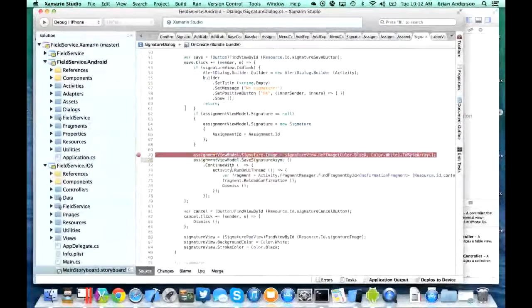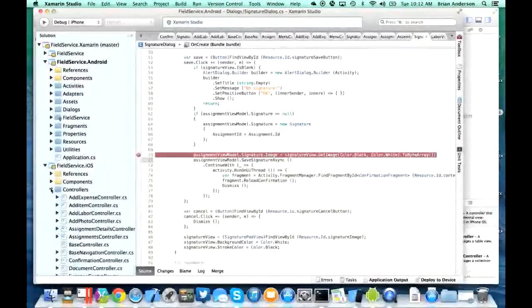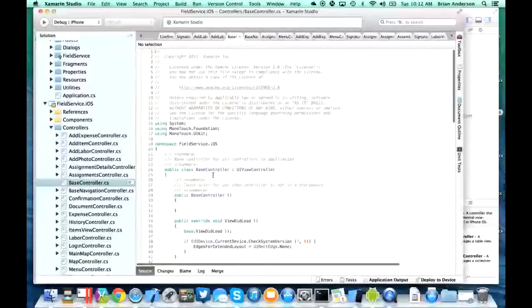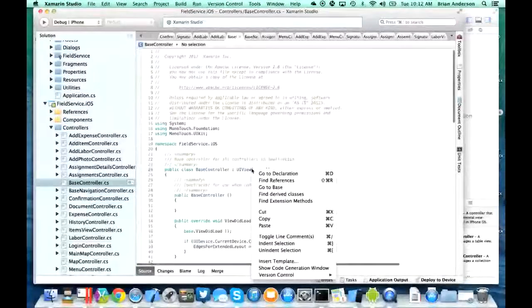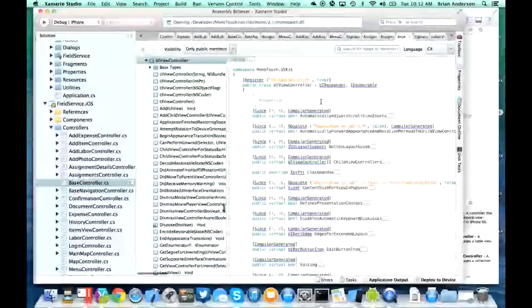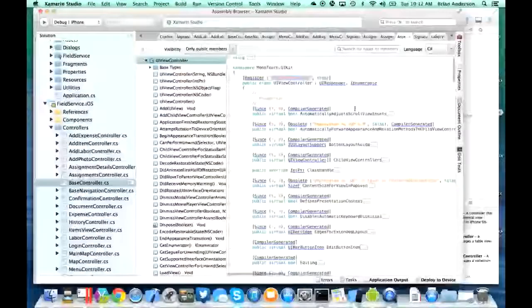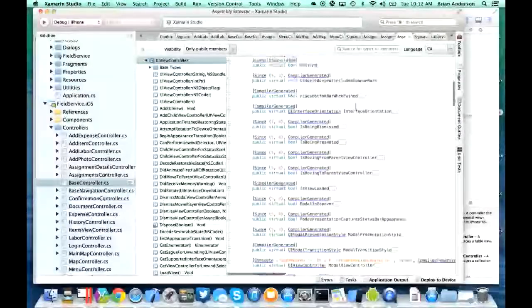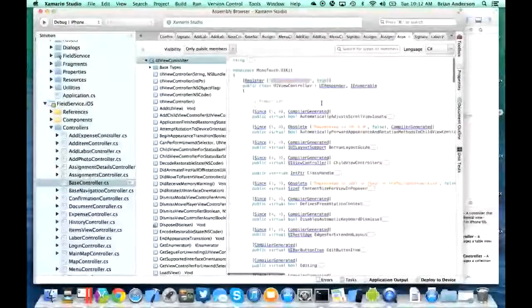make changes to it. And what's neat about this stuff is that, again, it's just an abstraction of the native controls and the native coding constructs and objects. So for example, base controller inherits from a UI view controller. If I go to the definition of UI view controller, you can see it's just mapping the UI view controller. And this is the same object model you have in UIKit. So I can do all the same programming, all the same event handling, everything that I'd be able to do is available through the object model.